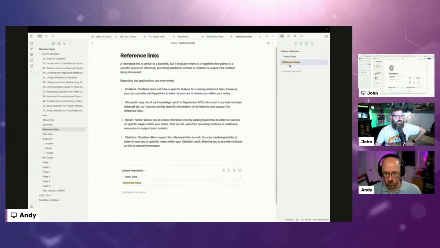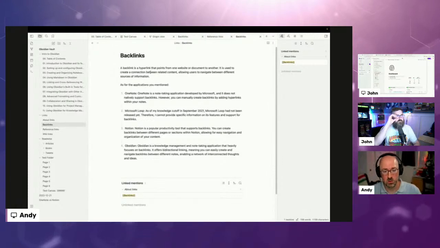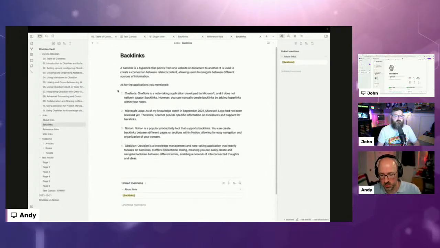It tells me what else is referencing this thing, so that I can see the relationship between stuff. I think that's super important in a knowledge base scenario: what else is referencing this thing that I'm talking about. So that's one of the link types, backlinks. And it automatically does that, and it's actually built in.